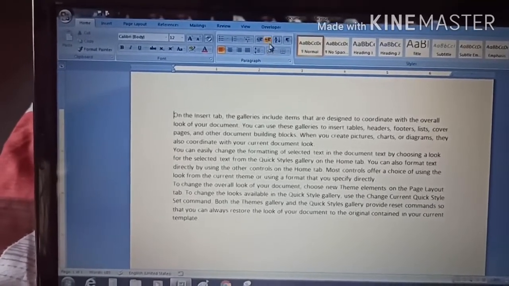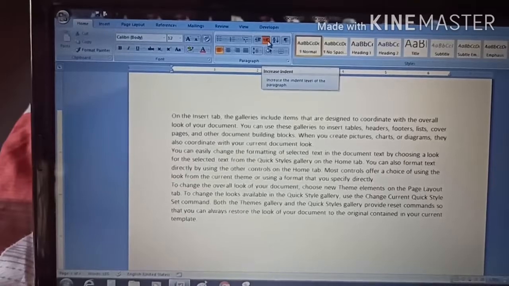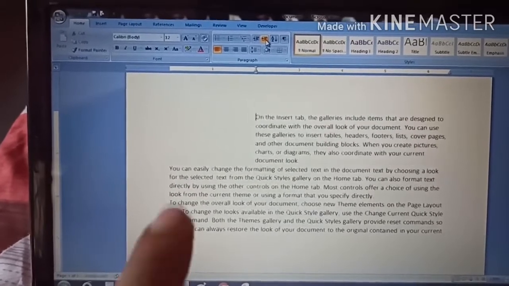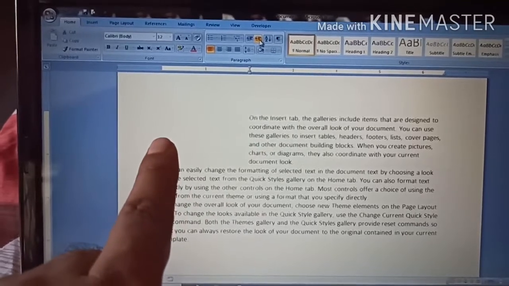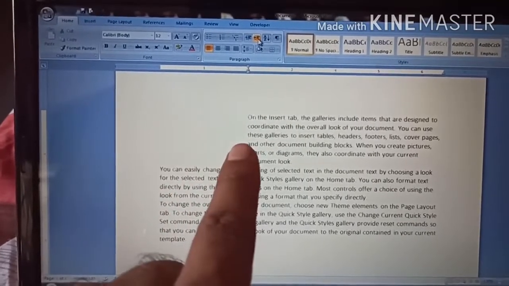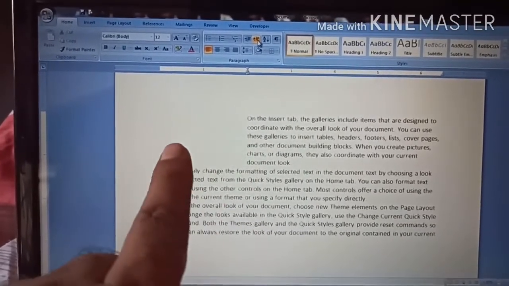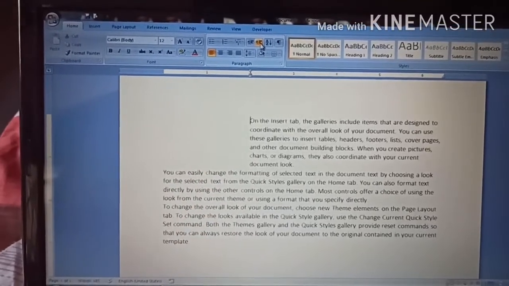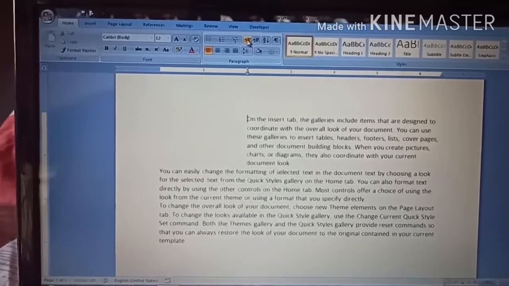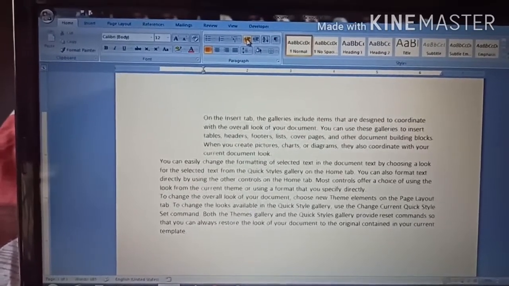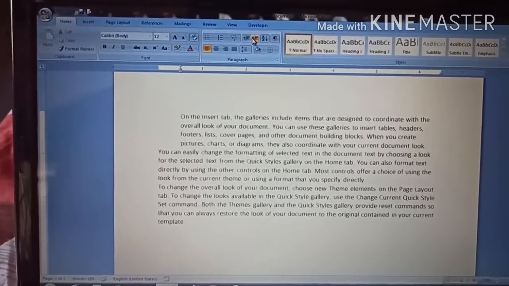So when we increase the indent, you can see here from here to here, it is the space between the margin and the text. This is called indent. With the help of these options, we can increase the indent and decrease the indent according to our need.